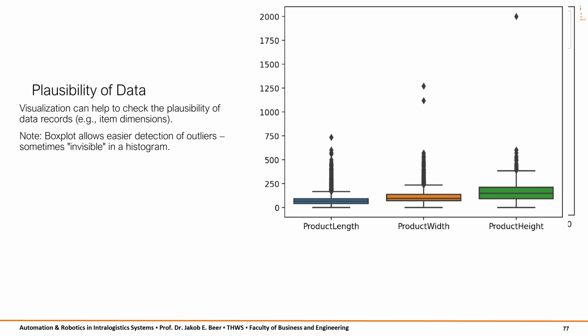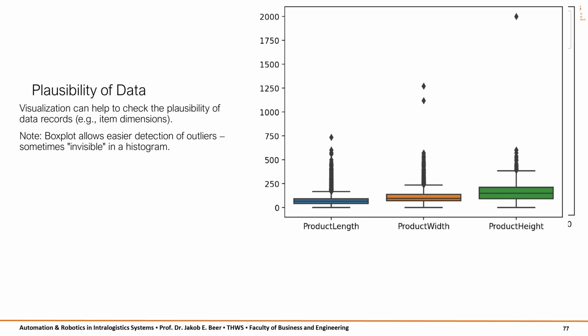What you see here is a box plot visualization of three variables: product length, product width and product height. These are item dimensions taken from a master dataset. Before we dive into the mechanics of the box plot, let's clarify what we mean by plausibility. In this context, we're not checking whether the data is correct. We're checking whether it makes sense, whether it fits into what we would reasonably expect, given the physical world and